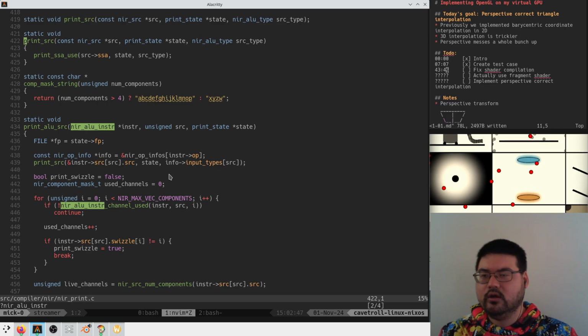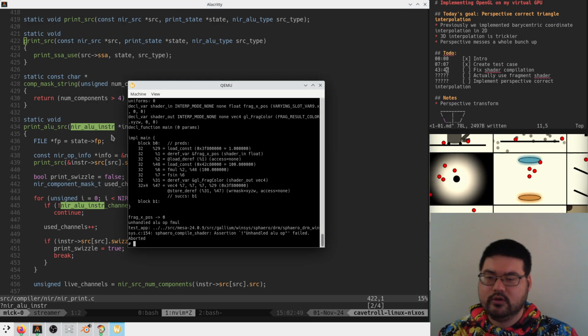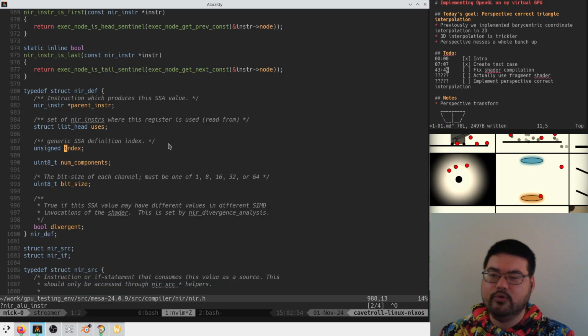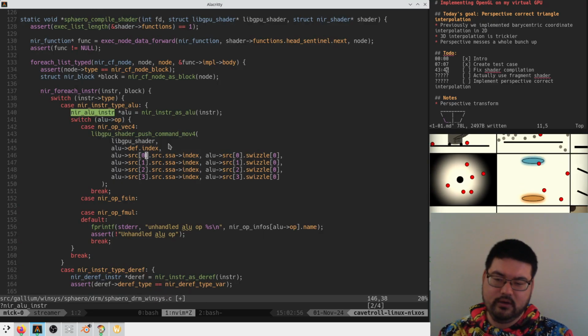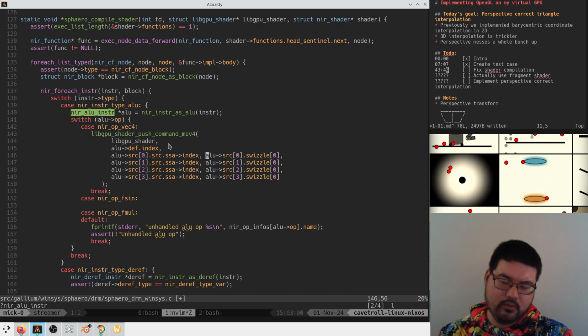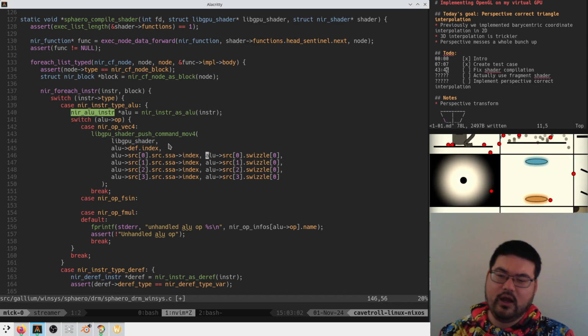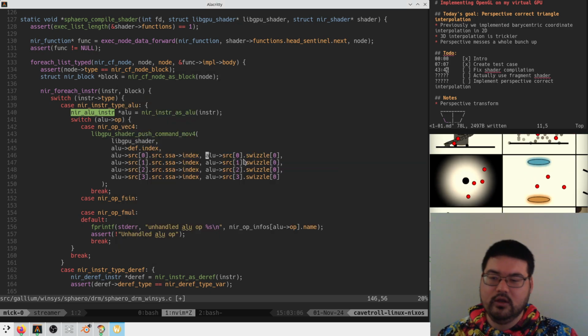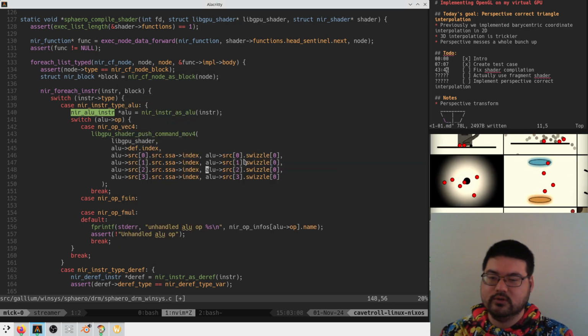Okay. Yeah, it seems reasonable. So our move 4 is probably doing the same thing, right? Source SSA index. And then here we're extracting a channel. I think that there is no channel to extract from here, which is good. So we should just be able to do